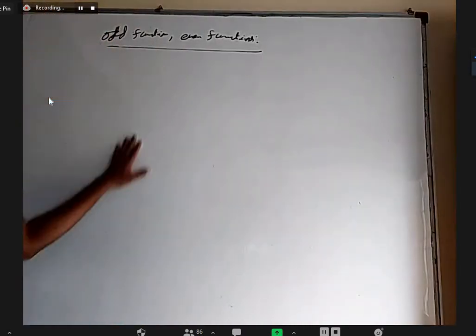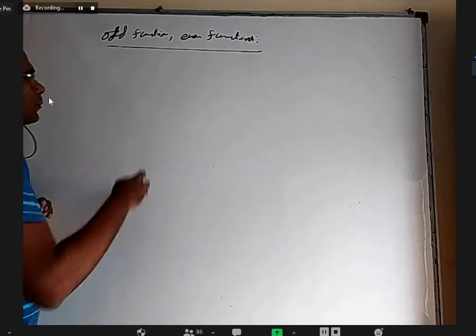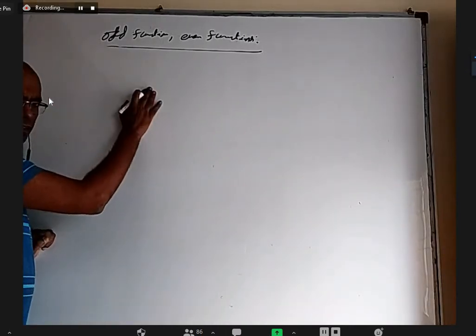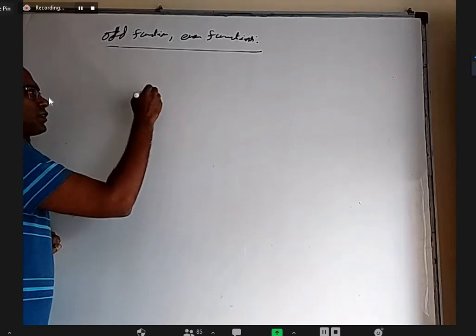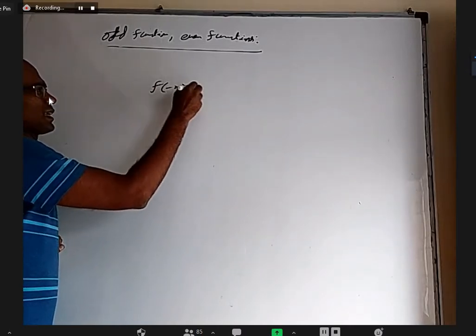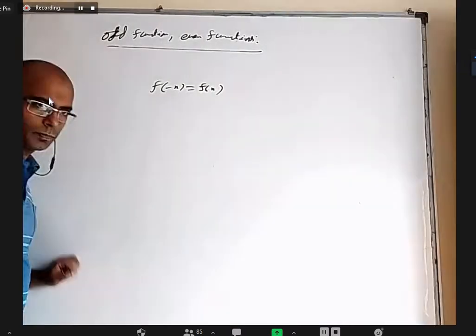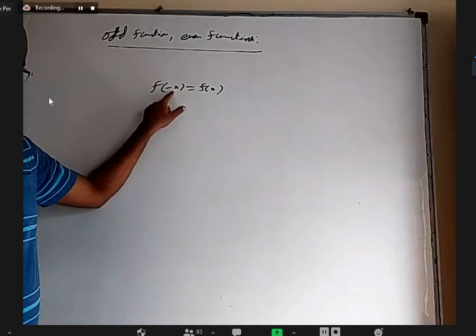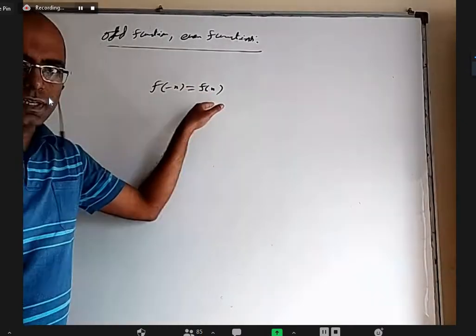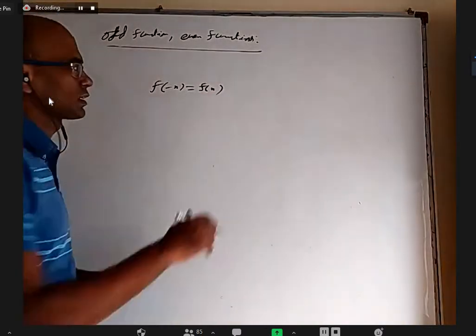Anyway, what is an odd and even function is very, very simple. I'll give a clear definition, but let me tell you the basic definition first, that is the formal definition. F of minus x and f of x, if they're equal, you take any function, replace x with minus x. If the function doesn't change, you'll get back the same original function. Then it is called even.